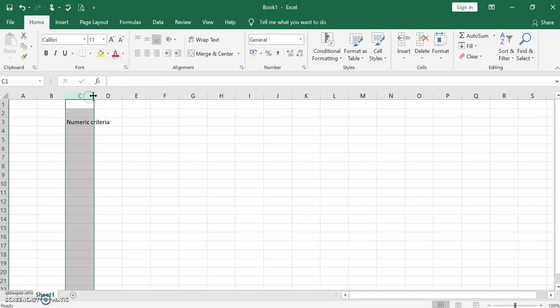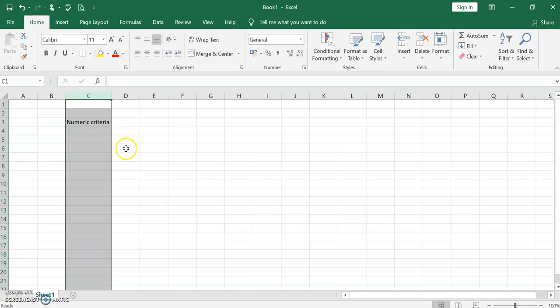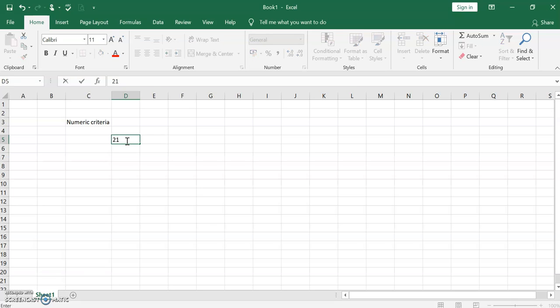So say for example, I'm just giving a few numbers: 21 and 1, 12 and 3, and 7, 10. These are some of the numbers I have given here. If I am going to use the SUMIF function, I just want to do a summation here. I have selected a cell here. For this numeric criteria, there are normally 2 arguments.